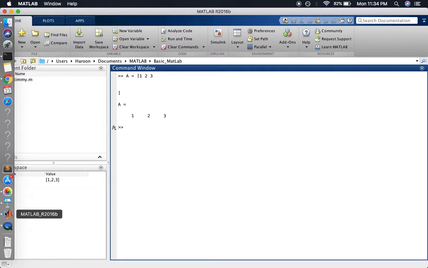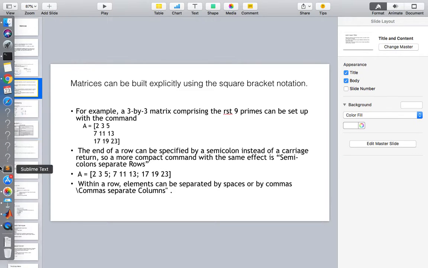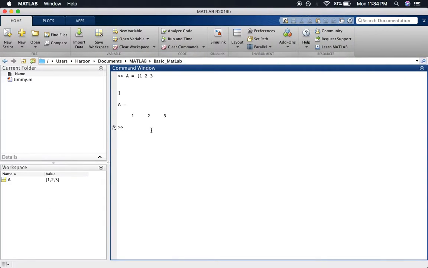Okay, so let's see how do you do that. Actually, I haven't practiced this, so I'm still curious how do you do that. So if you set up with the command, the end of a row can be specified by semicolon instead of carriage return. But how do you, because when I press enter, so here 1 2 3, and when I press enter it, okay, so 4 5 6 and 7 8 9,